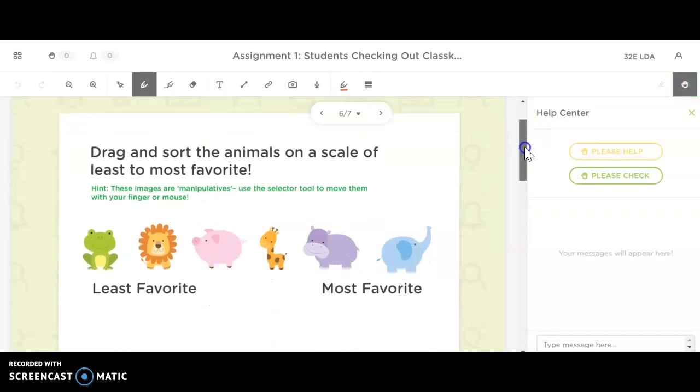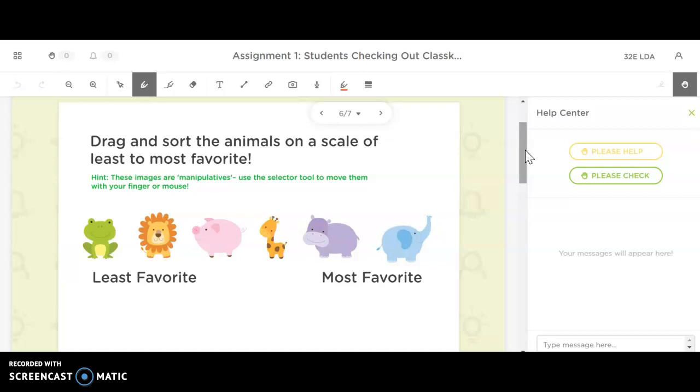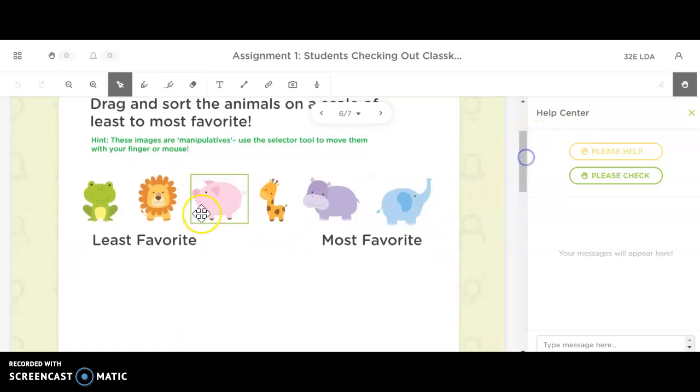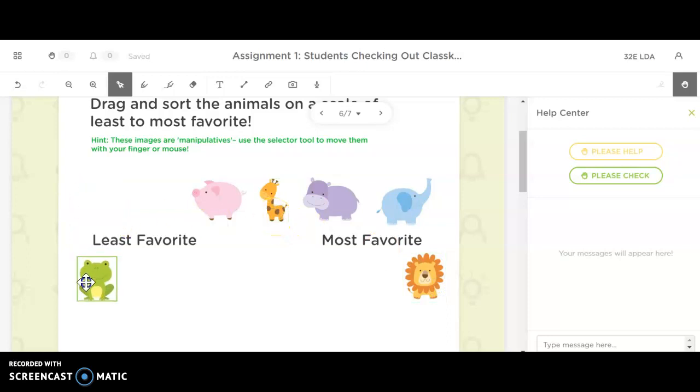All right, now this one is where we're going to learn to be able to drag some pictures, so move some pictures around, because in our math problems, we're going to want to be able to move some cubes, some manipulatives. So I'm going to put all of these animals in order from my least favorite to my most favorite. Before I do that, I need to remember to change from the pen mode to the arrow mode so I can click and point. So I'm going to start with my most favorite. I'm going to put the lion, and then I think my least favorite might be the frog, and then a pig, and then I'm going to put a giraffe down here,